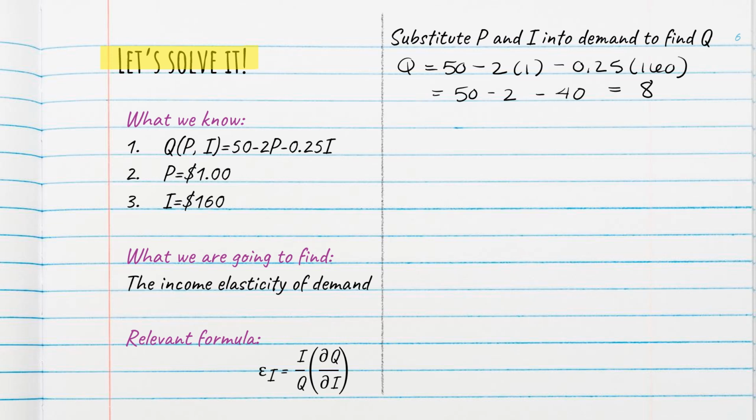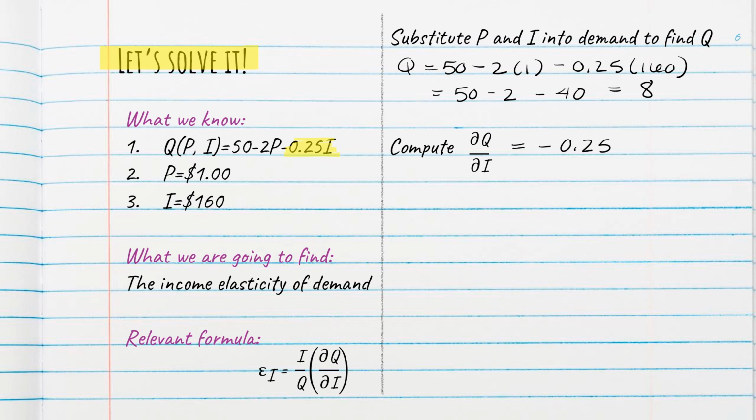The next thing we have to do is we need to compute that partial derivative of the demand function with respect to I. So we look at our demand function, we note any terms that have an I in them. The final term has an I. When we take this partial derivative, all the other terms are going to drop out. So we're really just differentiating the third term, the negative 0.25i. We're differentiating with respect to I. So what we're going to have is that multiplicative constant, negative 0.25.